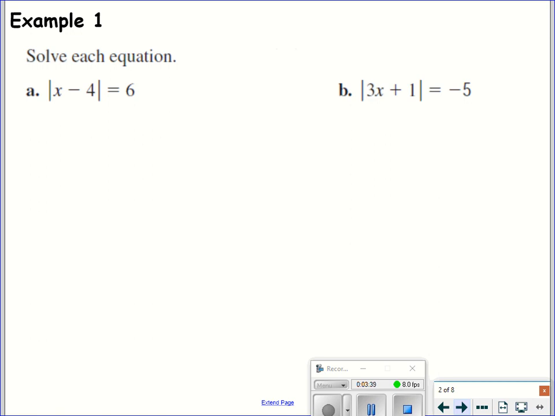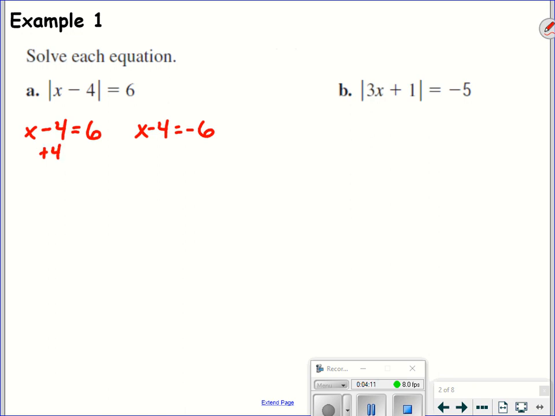All right, so example 1, solve each equation. You can see these problems already have an absolute value isolated. So for letter A, the absolute value of some number minus 4 is 6. Well, quick check, yep, an absolute value making a positive, that's good. So we can go ahead and set up our 2 scenarios here. That x minus 4 that's inside, it could be making a positive 6. Or that x minus 4 inside could be making a negative 6, and the absolute values take away the negative. We don't know. So we got to solve both cases. Either one would make that equation true.